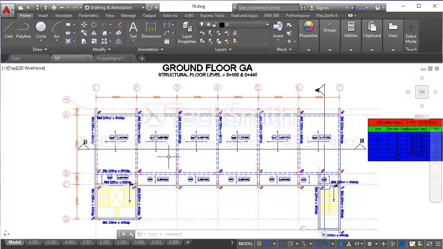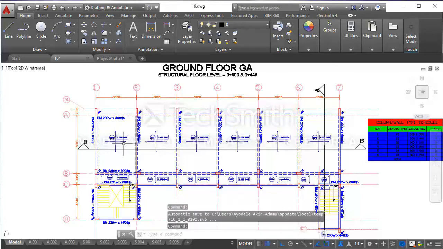The ground floor gen elements, the ground floor rests on foundation walls and on the earth. It does not rest on any beam. It's not a suspended floor. So I'm going to make an edit to all these beam labels. I'll change it to foundation wall details.